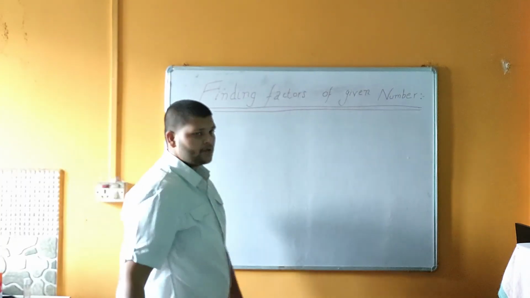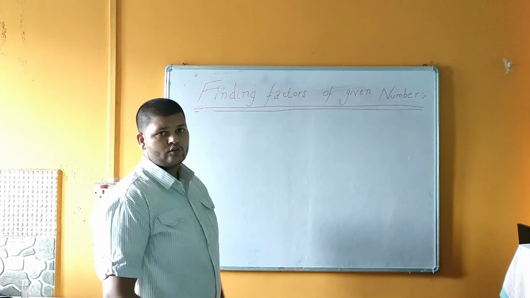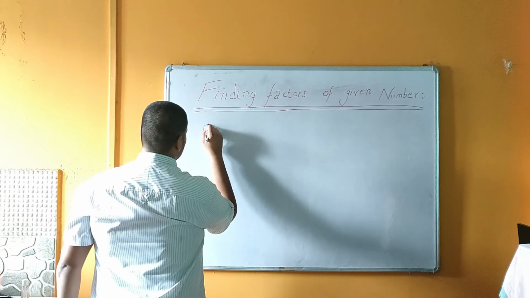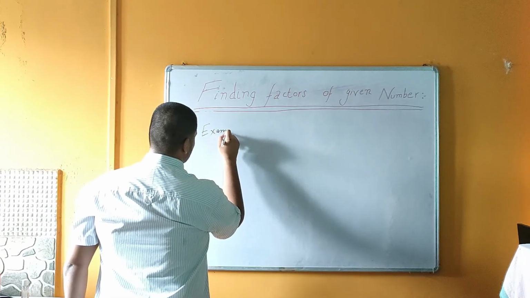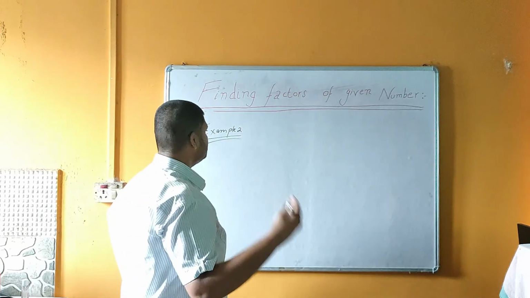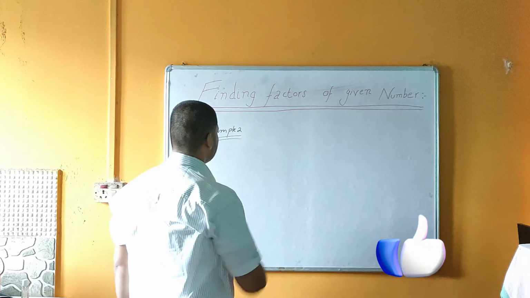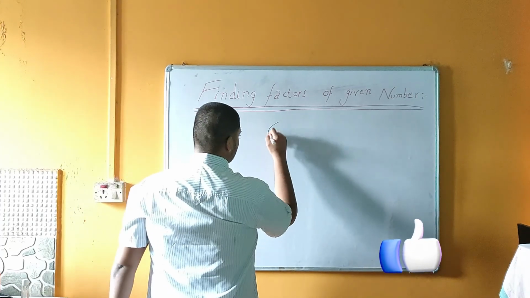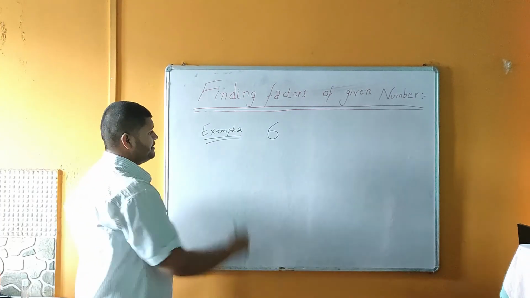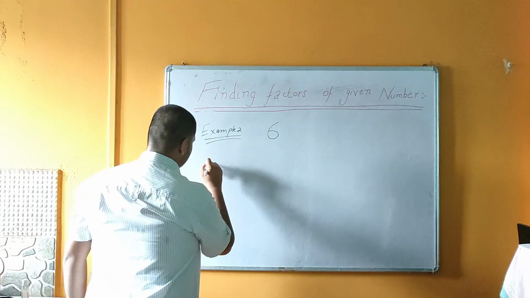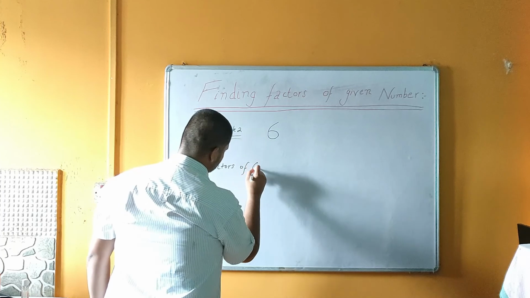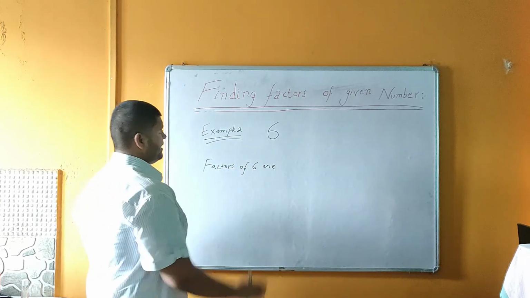So here also we are going to deal with some more examples so that your concept will get clear. So let's take example number 2. Example number 1 we have already seen in the previous video. So I am taking example 2. Here one number I have taken, that is 6. And for this 6 we are going to find the factors. So we are writing here factors of 6 are